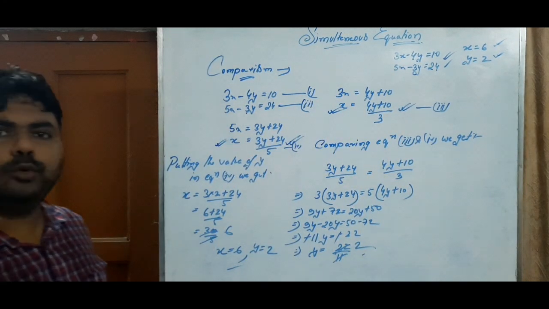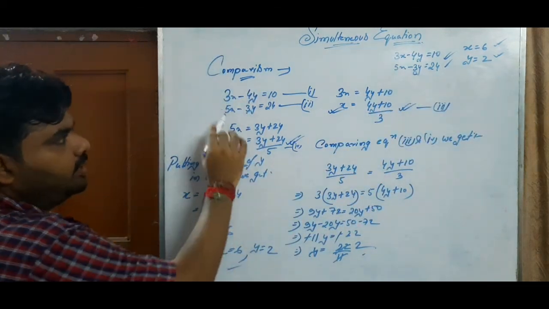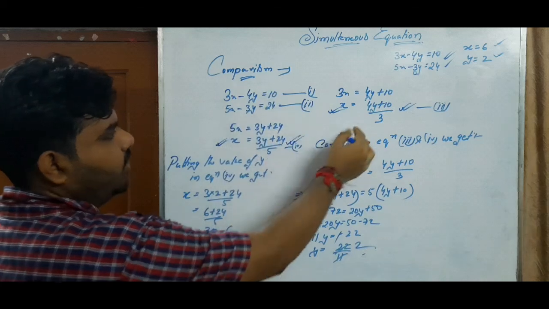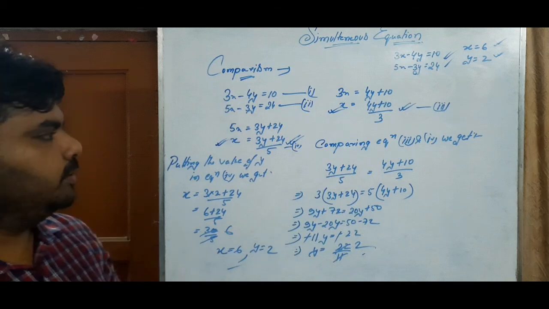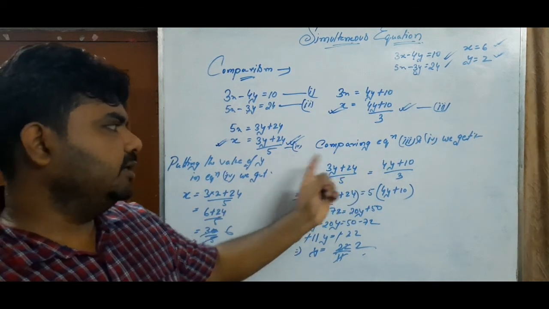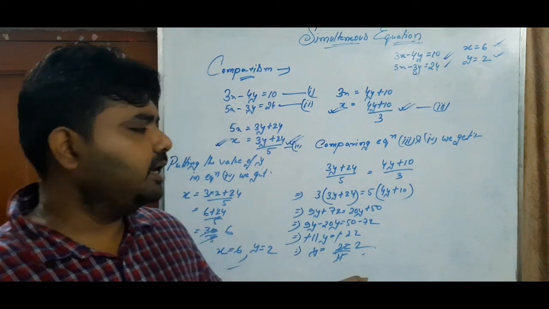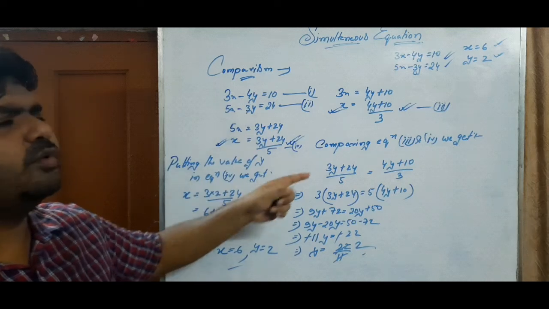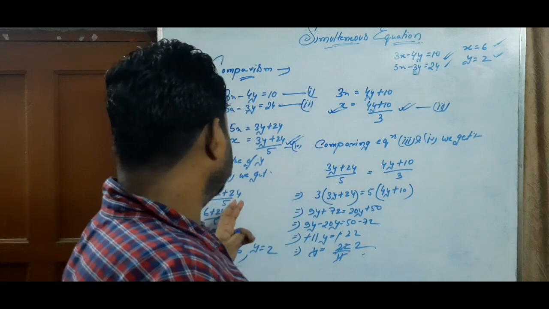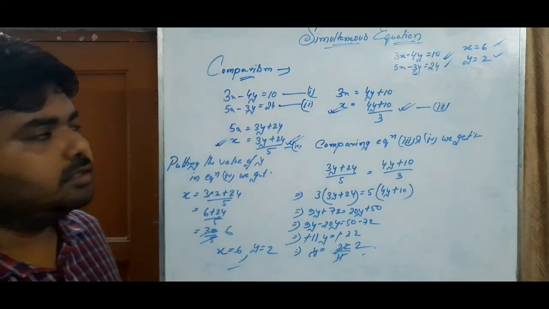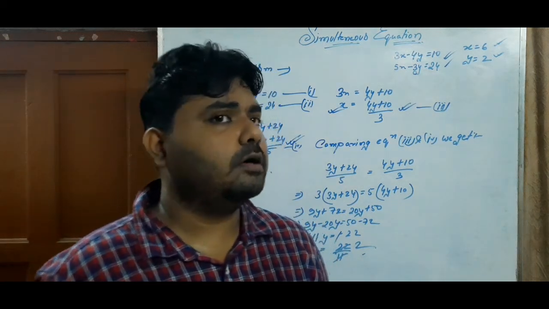So with the help of both the methods, we are getting the same answer. Now what we have done, again we expressed x in terms of y in both the equations, and since both are the values of x, we are comparing both the values. Therefore we can get an equation in terms of y. So we are solving the linear equation to get the value of y as 2. Now we can put the value of 2 in any of the equations. It may be equation 3 or it may be equation 4. Now by putting the value, we get the value of x. So this is how we solve simultaneous equations by the method of comparison.